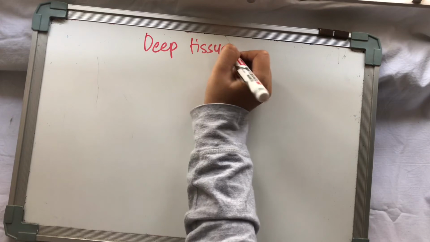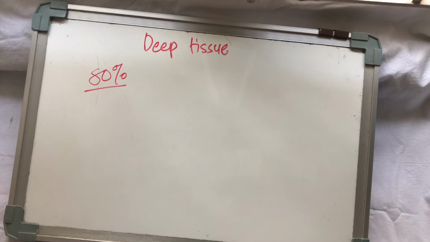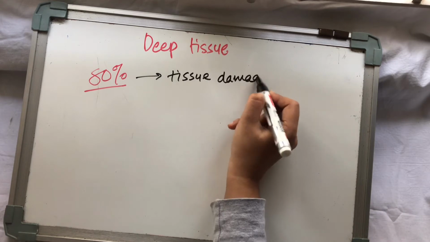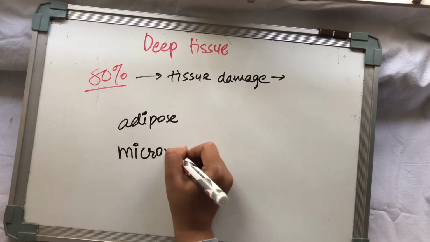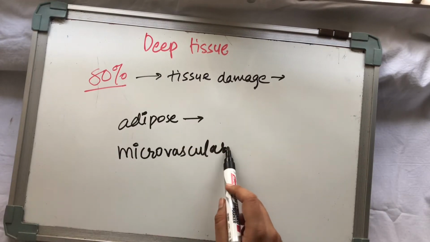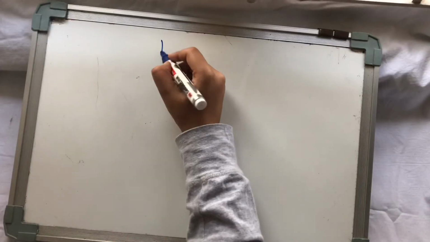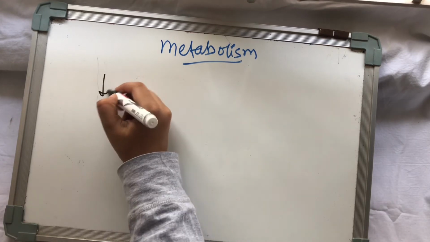Now let's move on to the effect on deeper tissues of blood flow. This causes a marked reduction in blood flow of up to 80%. The marked reduction in local blood flow might be expected to cause local tissue damage because of ischemia. This does not occur, and the lack of tissue damage produced by cooling is attributed to a decreased rate of cellular metabolism and possibly to changed prostaglandin synthesis. The thickness of overlying adipose tissue also affects the extent of temperature change in deeper soft tissues.